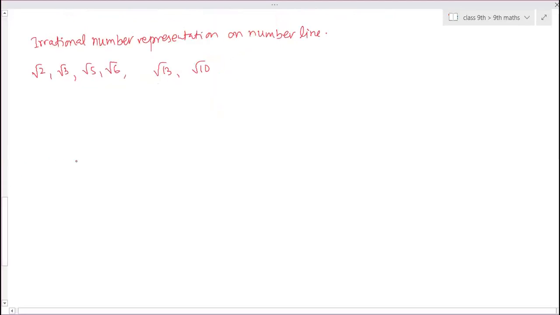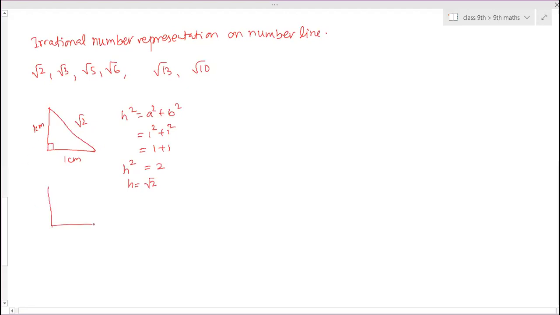So for that, what we have to do, we are doing the right triangles. If you draw the right triangle, this is 90 degrees. If this side is 1 centimeter and this side is 1 centimeter, then what is the value of the hypotenuse we will get? Square root of 2, because h square is equal to a square plus b square. So 1 square plus 1 square, that is 1 plus 1, 2. h square is equal to 2, so h is equal to square root 2. So that means the hypotenuse we will get is root 2.